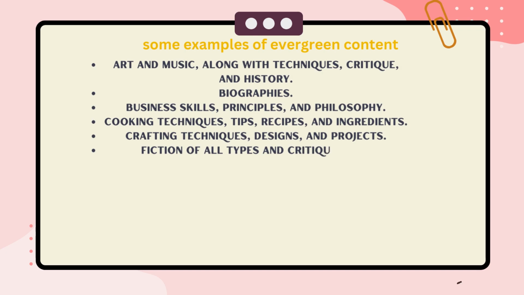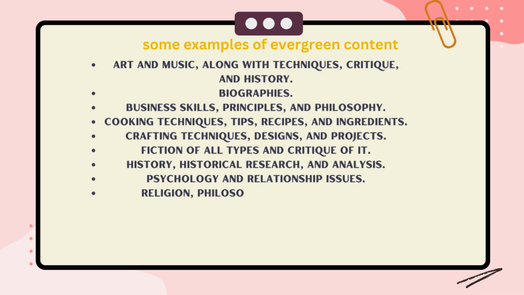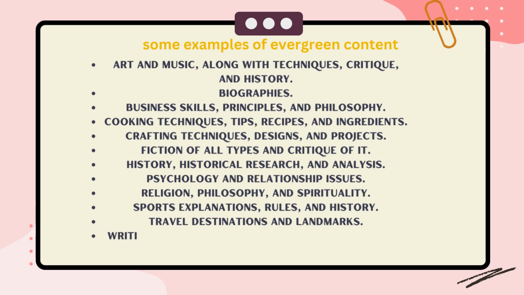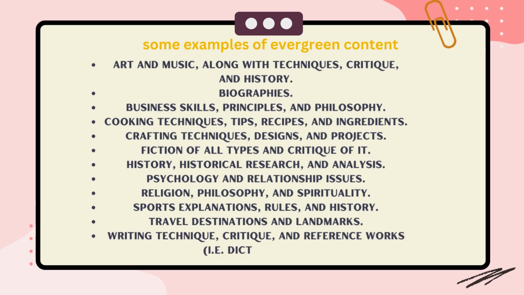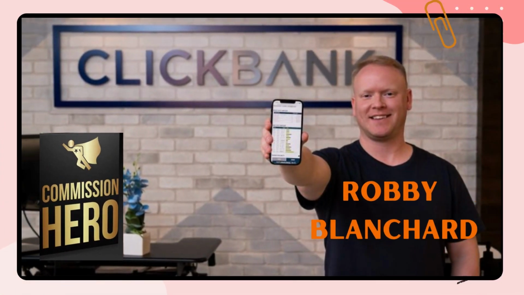And that is why a good keyword is a goal. You have to make your book cover attractive enough to attract your audience's attention. You have to be more precise with your title. For instance, it's better to title your book "How to Make Money with Affiliate Marketing from Home" rather than "Affiliate Blueprint." An author who is an authority in affiliate marketing, such as Robbie, could actually put up his course and say "Commission Hero," and people will still buy because he is known to be an authority in the affiliate marketing space. Robbie is the #1 affiliate marketer on ClickBank, so he can afford to use a very funny title because he already has authority.